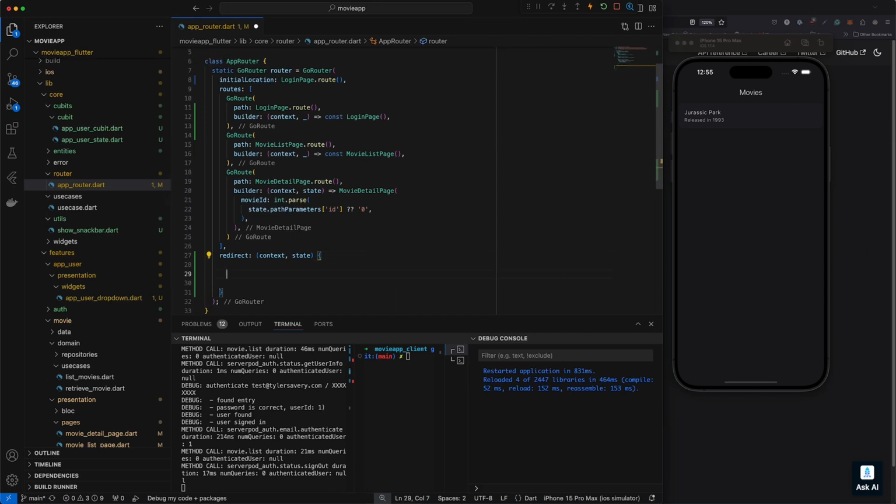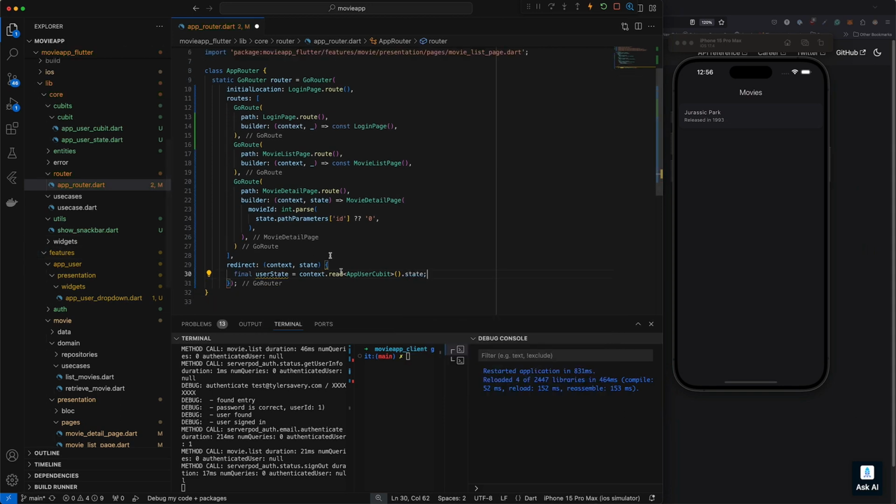But we want to get our own state, so we're going to make something called final user state, and we can use the context to read the app user Cubit and .state. Now you'll notice I'm using read and not watch, and that's just something we have to do with GoRouter. We can't actually be watching something here. So in theory, this won't work right out the gate because this only gets called when the redirect function gets called, which is not going to just be in a game loop, always calling, but we're going to get to that and see how we can trigger this to rerun to then get an active